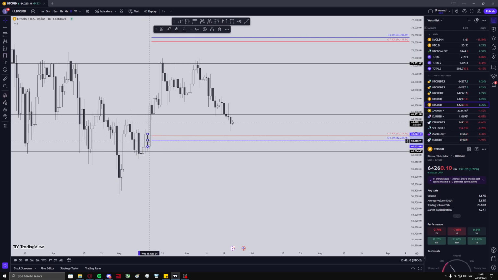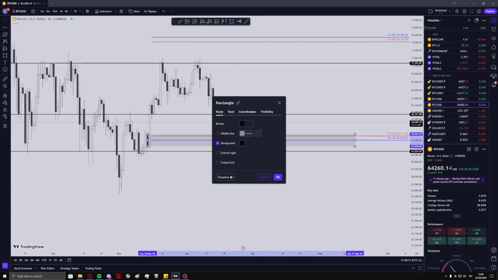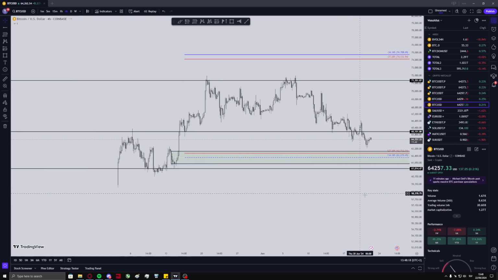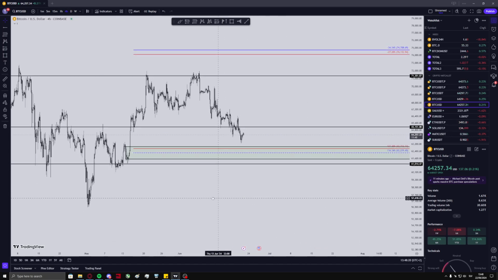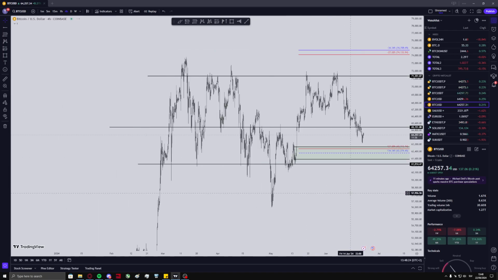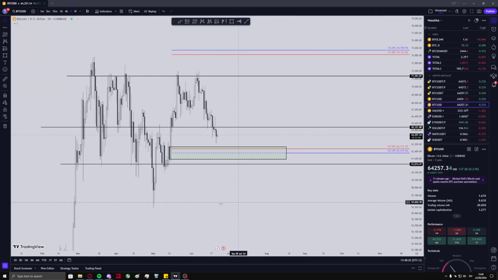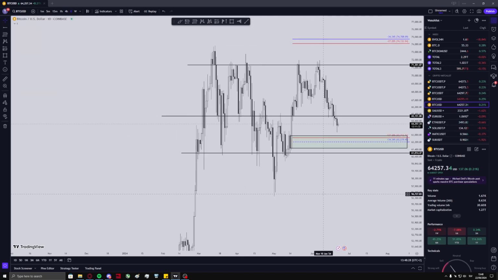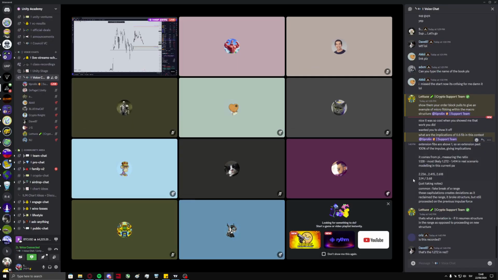You can see this is an order block, like this. Let's say it's like this, right? You have now 1272, you have an order block, and now I'm gonna show you some other applications that I've kinda